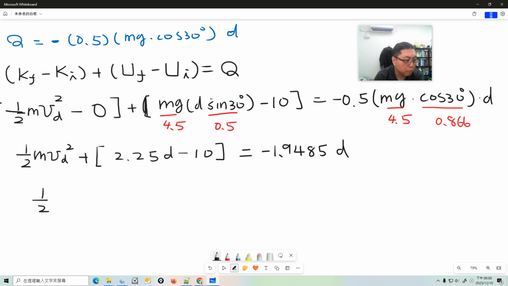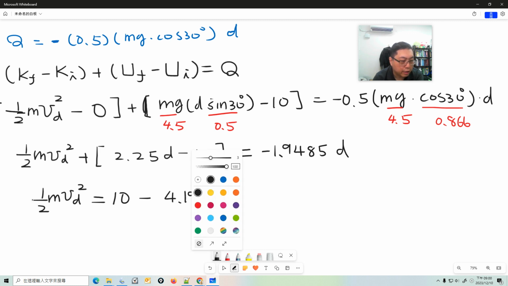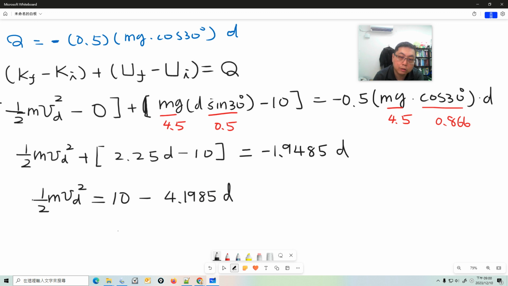So first of all, don't change the kinetic energy. So it's equal to, okay, let's see, 10 plus 2.25, so it's 4.1985 minus 4.1985d. Okay, I said this is the kinetic energy when the block moves